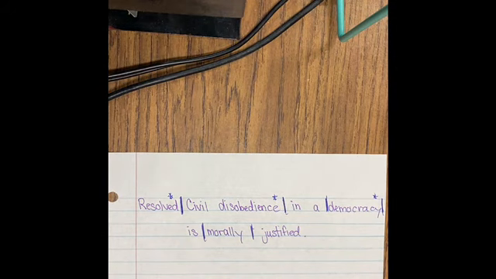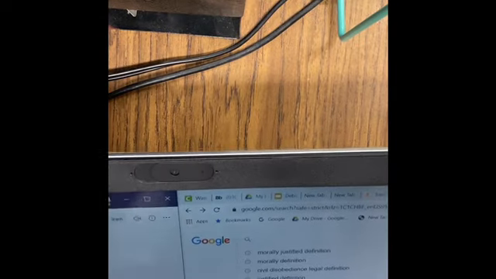If you ever are unsure about whether to look at a legal definition or not, just look both of them up. Whichever one works the best for you is what you should use, except for resolved. Resolved always needs to be the legal definition, okay? So I'm going to put this right here. It's on something. There we go.